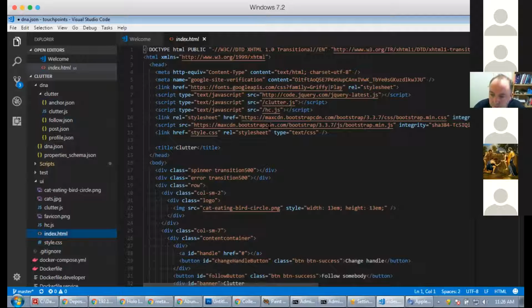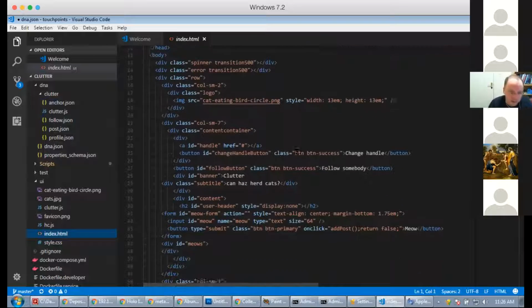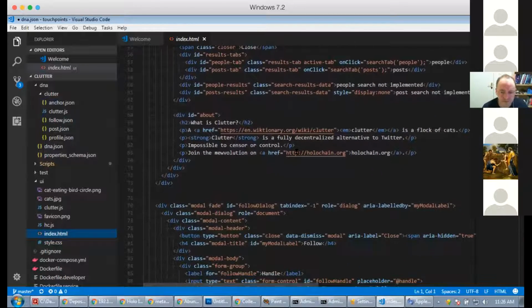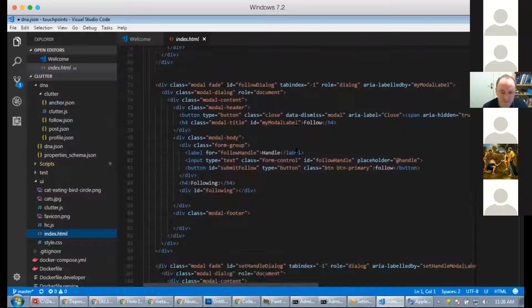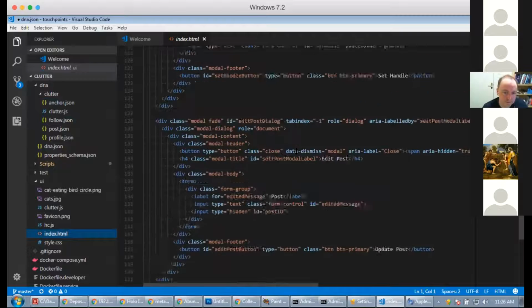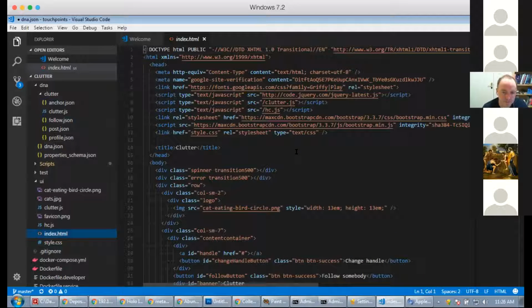You can see we're doing our basic stuff. We're grabbing some Bootstrap. We're doing jQuery. Pretty standard stuff there. So the part where Holochain comes in is here in our hc.js.